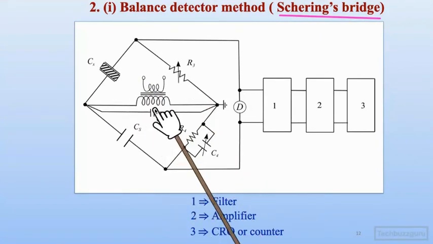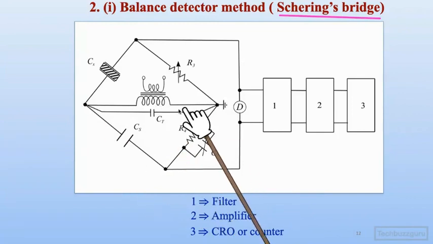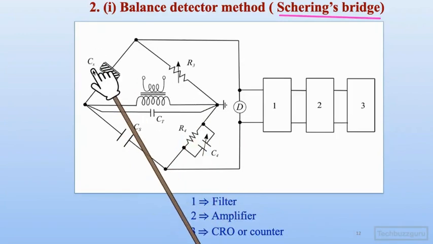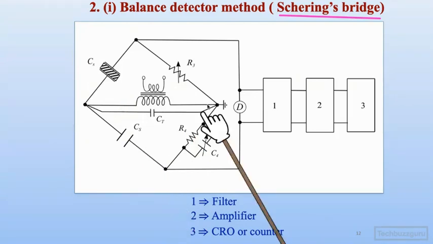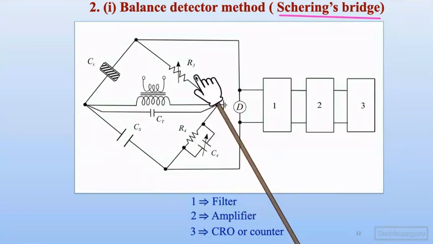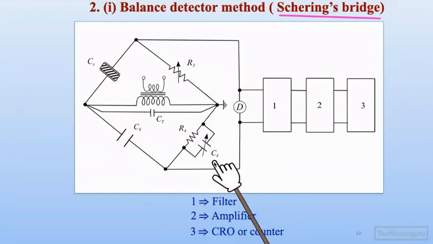Okay, the source is shown across these two particular corners of the bridge. This is the high voltage source, right? Then this is the test sample CX, which we would like to measure for partial discharges, and then the other arms of the bridge: the standard capacitor, then the variable ratio arm bridge elements, R3, variable capacitance C4, R4, right?